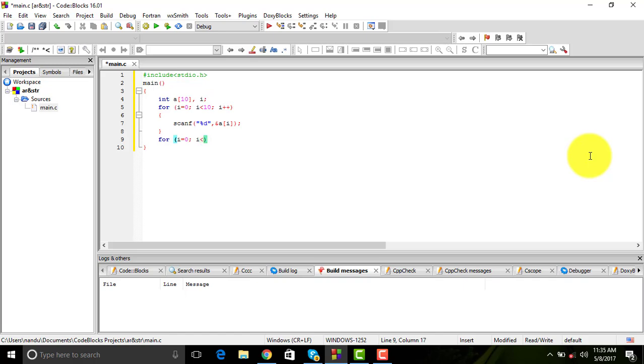So i less than 10 again. Remember one thing: when you're printing it, it should be printing in the same order. So basically you need to do the same thing while printing also. The same for loop in the same flower bracket, and printf. printf is a function for printing. I would like to print it like %d